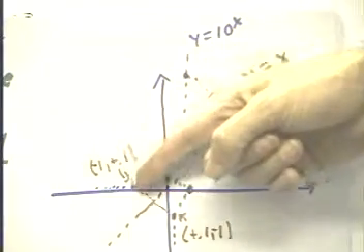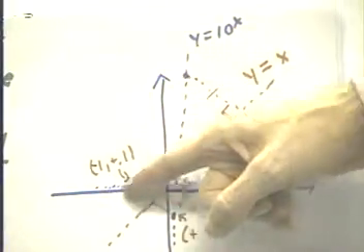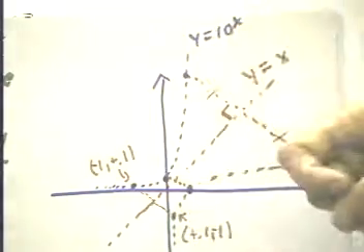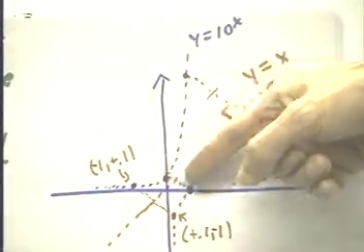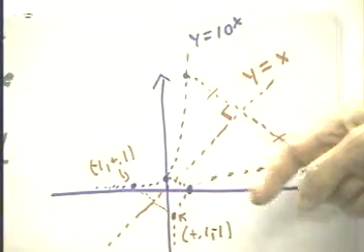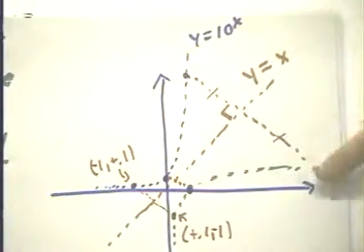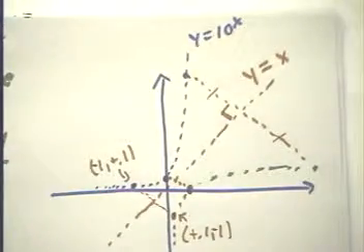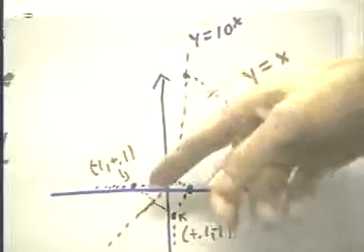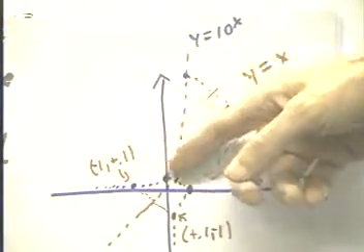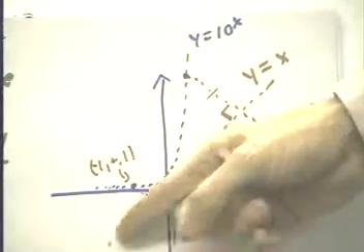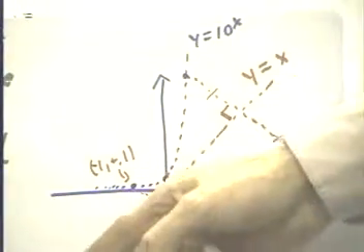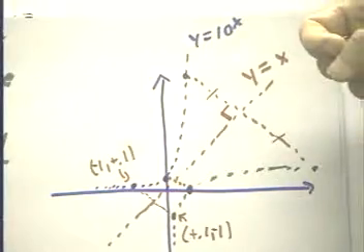Anyhow, when we reverse these coordinates, instead of being near the x-axis, now we're near the y-axis. Okay? When we reverse the coordinates of (0, 1), we get (1, 0). Reverse the coordinates of (1, 10), we get (10, 1). In each case, we can think of the relationship between the points that are connected by these dotted lines as being a reflection across the y equals x line, the line that moves at a 45-degree angle